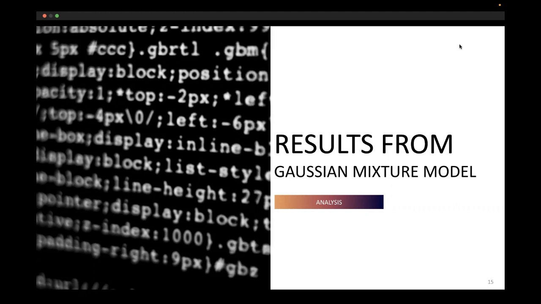GMMs can handle clusters of different shapes and sizes. K-means is a simple algorithm that assumes that all clusters are spherical and have equal sizes. In contrast, GMMs allow for clusters of different shapes and sizes, which makes them flexible for a wider range of data. The GMMs provide probabilistic cluster assignments, while K-means assigns each data point to a specific cluster. This soft clustering approach provides more informative cluster assignments, especially when the data points lie on the boundary between two clusters. In the GMM algorithm,